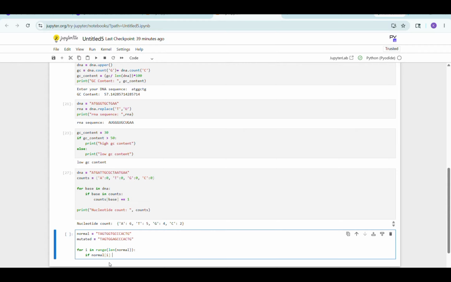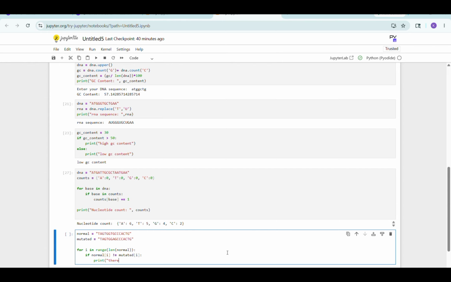So if normal[i] is not equal, this is not equal, because a single equals sign is assignment in Python. Double equals means equality, and if you want to show not equals, then it is this. So if normal[i] is not equal to mutated[i], mutated at the position i, then put your colon, then you need to print